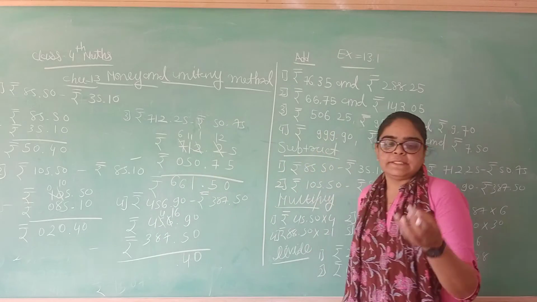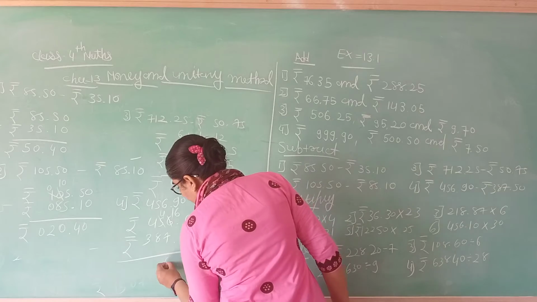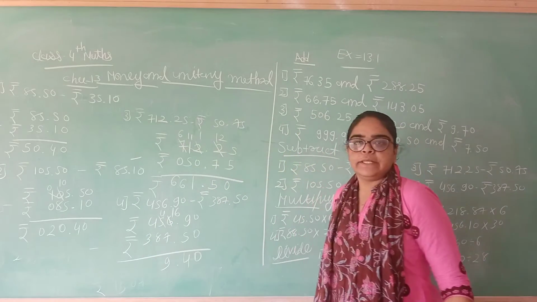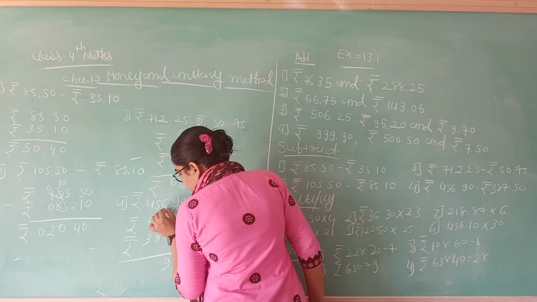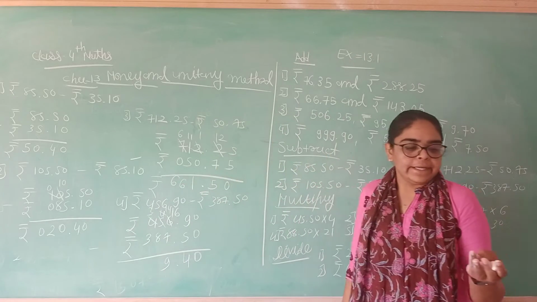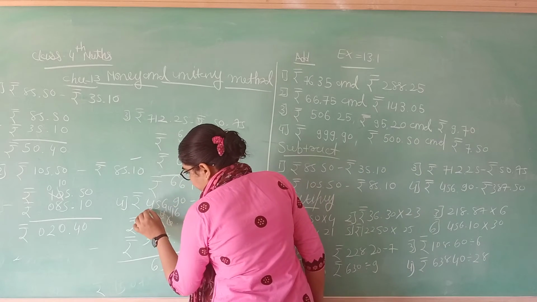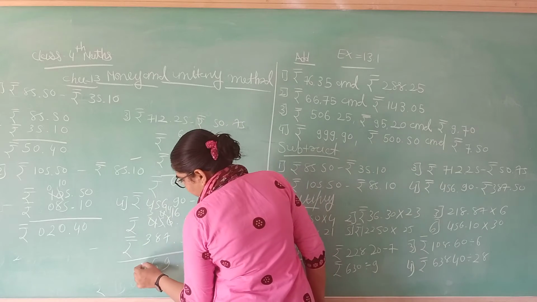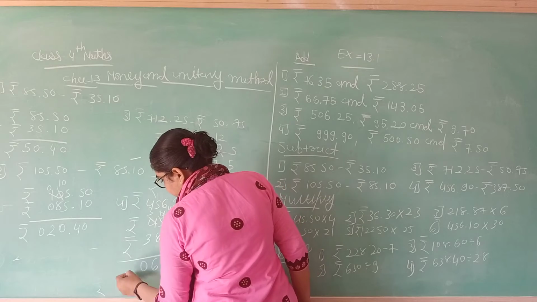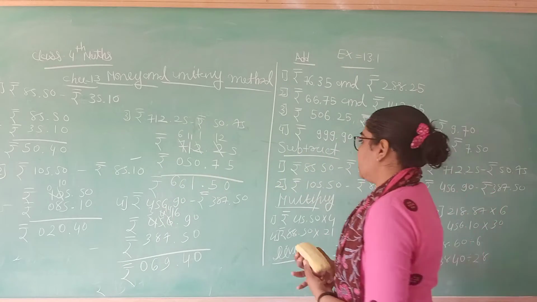16 out of 7 is 8, 9, 10, 11, 12, 13, 14, 15 and 16. So 9. 4 out of 8 again not possible. So 14. 14 out of 8 is 9, 10, 11, 12, 13 and 14. So 6. Then here cancel 4 and write down 3, and 3 out of 3 is 0. Your answer is 69.40. Okay.